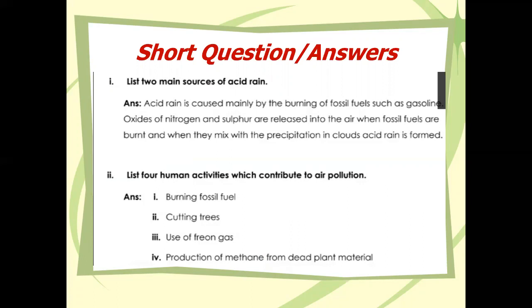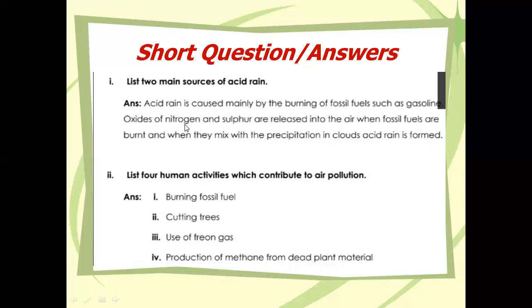Carbon dioxide is normally dissolved in rain, and when it reacts with water it forms carbonic acid. But carbonic acid is a weak acid, so it decreases the pH of rainwater only to 5.6, which is least acidic. But oxides of sulfur, which may be sulfur dioxide or sulfur trioxide, and oxides of nitrogen, nitric oxide and nitrogen dioxide,